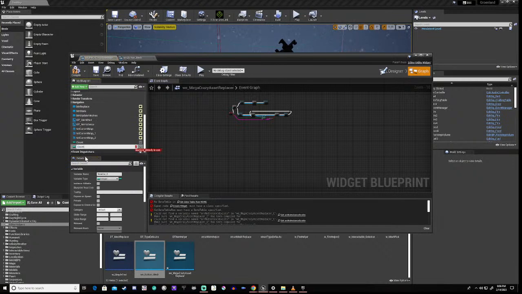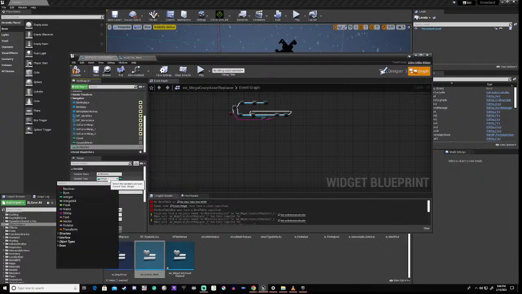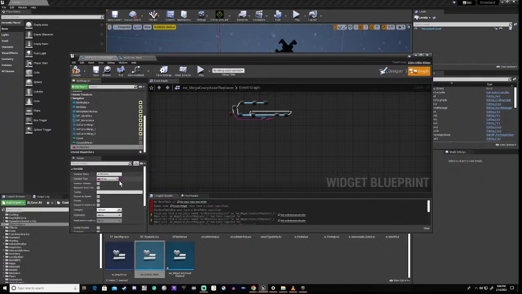And this one, count all meshes, count all mesh, that's what it's actually called. Then our mesh is, just going to make sure I get this right. And this is a string, and it's an array.